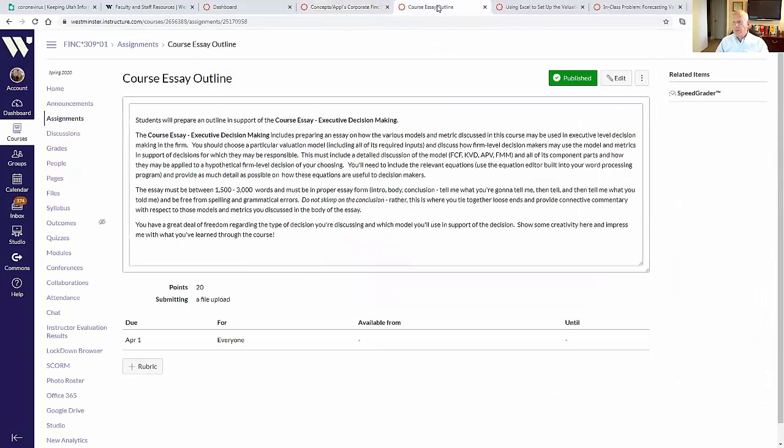So I've gone to the assignment for this, of course, and you'll notice that the course essay is you preparing an essay on how the various models and metrics we've discussed in the class so far can be used in executive decision making at the firm level. You should choose a particular evaluation model. You have 4 to choose from: the free cash flow model, the KVD model, the APV model, and the forward market multiple model. And you need to choose one of those models, and you need to discuss it with us